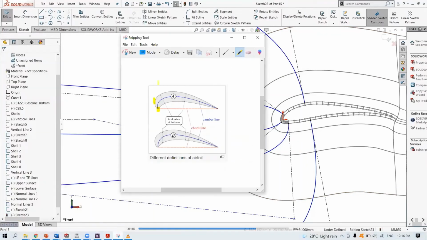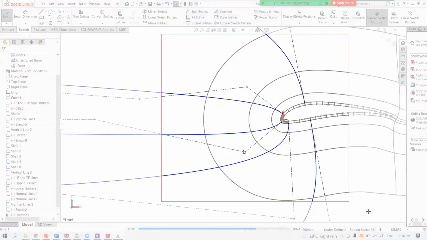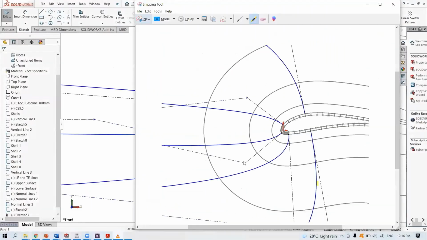You actually just need to imagine, for example, you have one compartment here, another compartment here, one compartment here, another, so on and so forth.